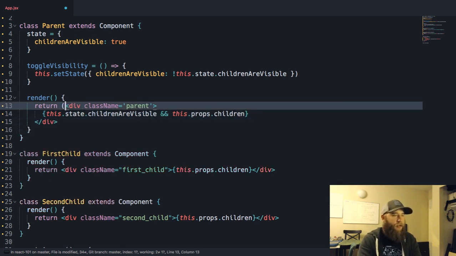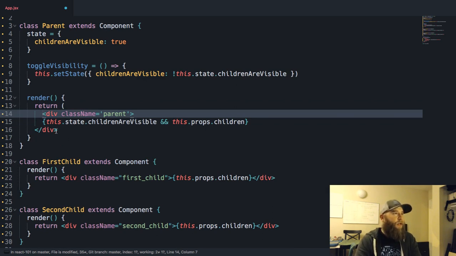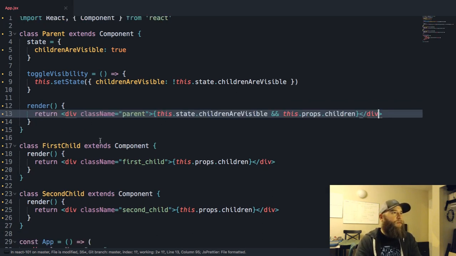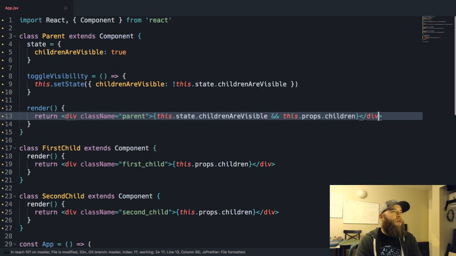And this will need to be on multiple lines. Okay, so we have a parent class that has a state of children are visible, true. We have a function toggle visibility that will change that state. And right now, we are going to make the children visible whether